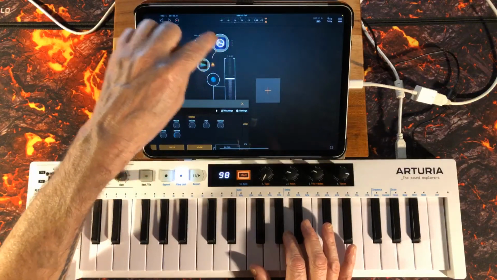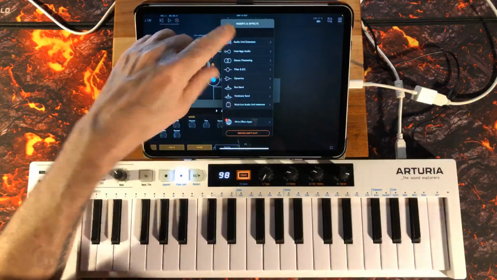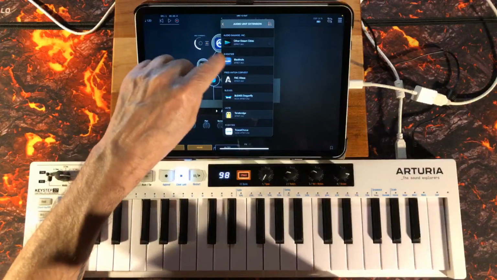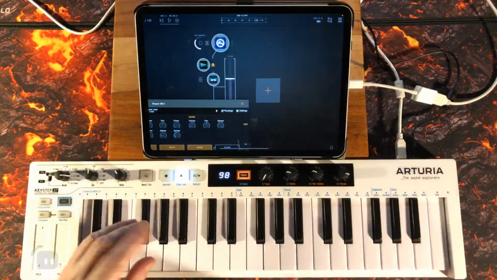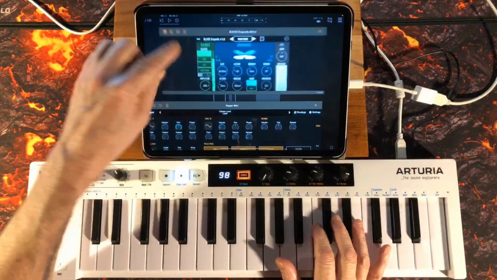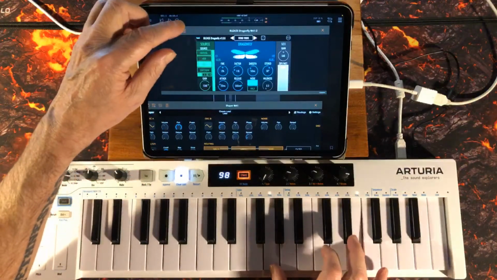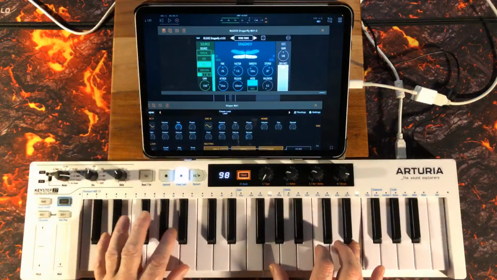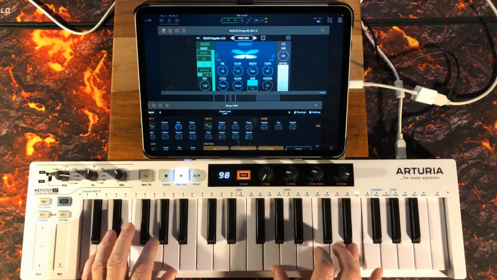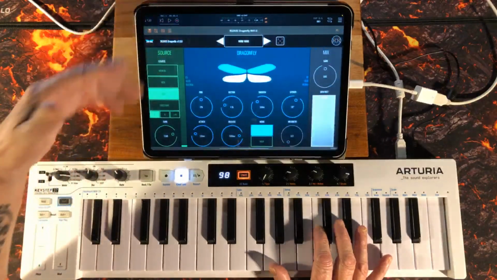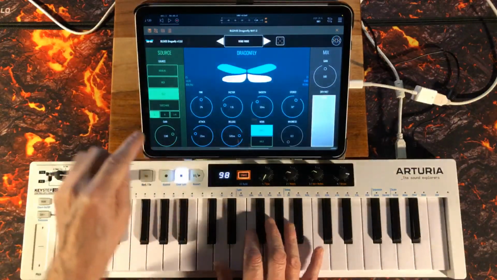Or maybe, oh, do you know what might be nice as well with this? Dragonfly that we did last night from Blease. So if we have this set on self, because there's a lot going on with the LFOs,